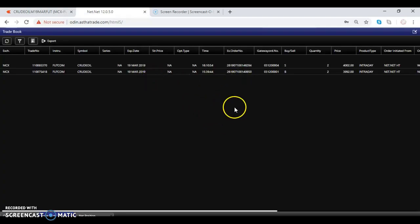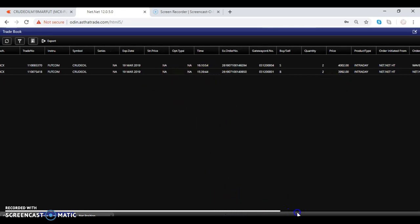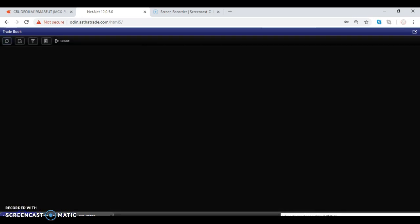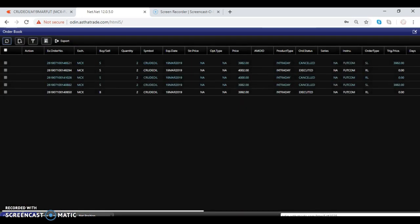So that's how I was able to make 10 points. As you can see, this was the sell order, and this was the buy order at 3992, and this was my sell order of 4002, which was around 1610. And if you look at my order book, you'll be able to see the SL that I have placed. So as you can see here,